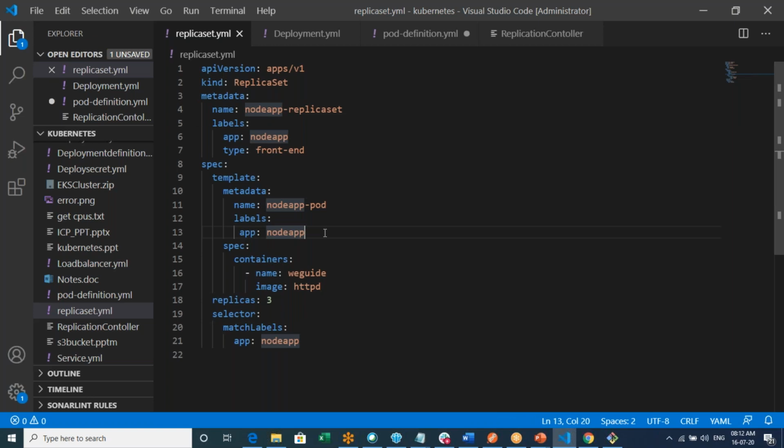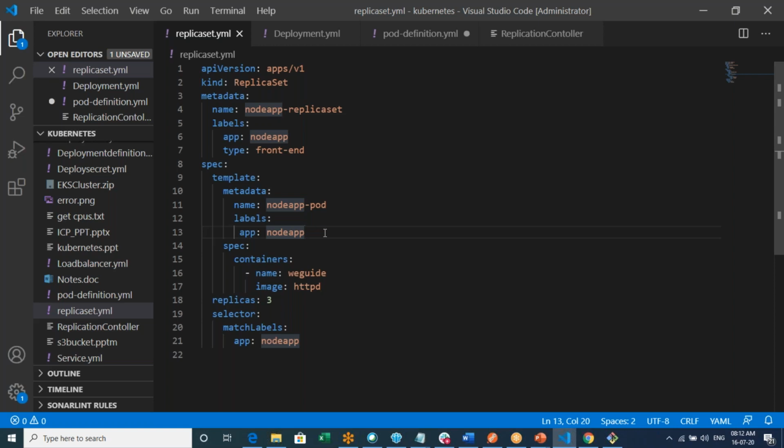Suppose in my node I have 6 pods, 3 belong to the front end and 3 belong to the back end. In that case, how do we mention it here? Like, for example, if the database goes down. That's what I'm saying. For that, you need to have a different replica set YML file.